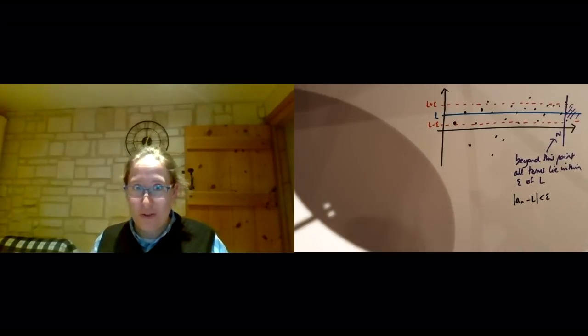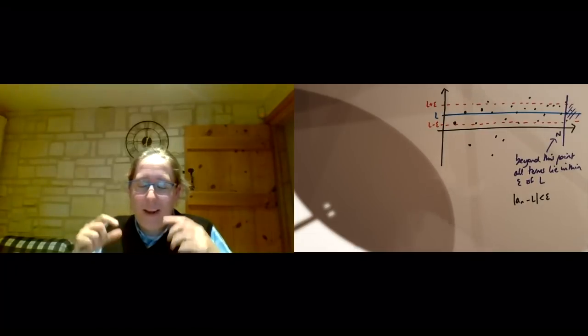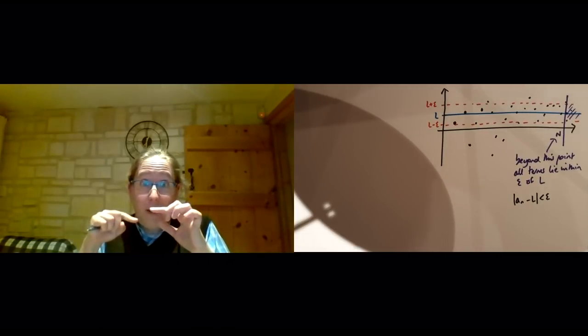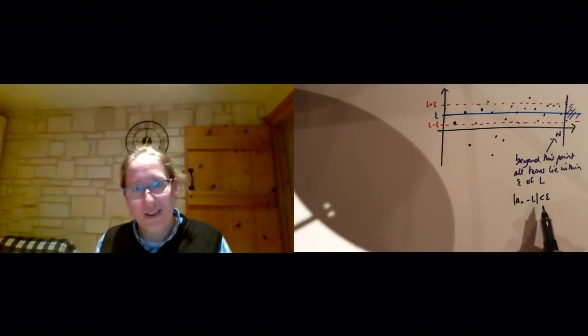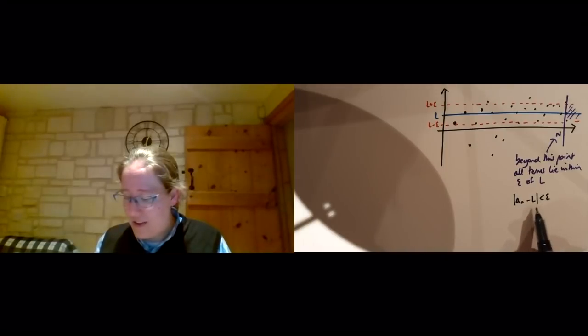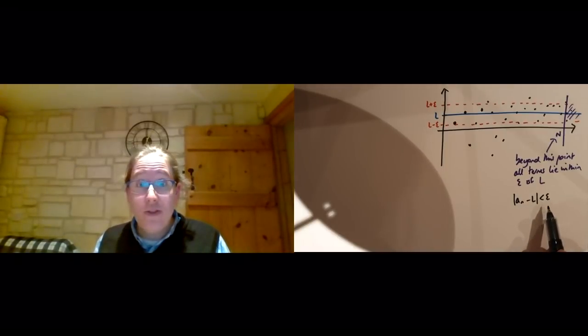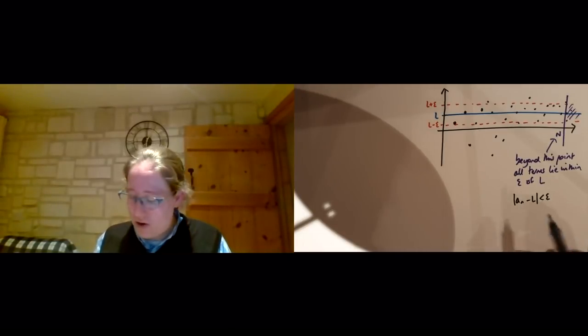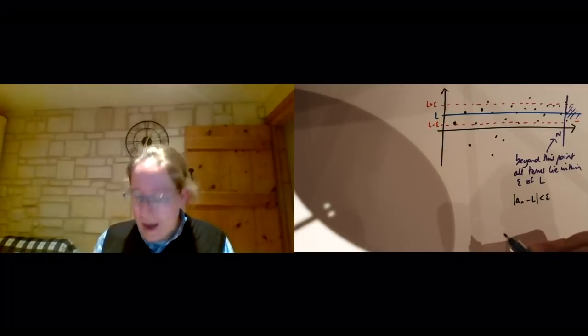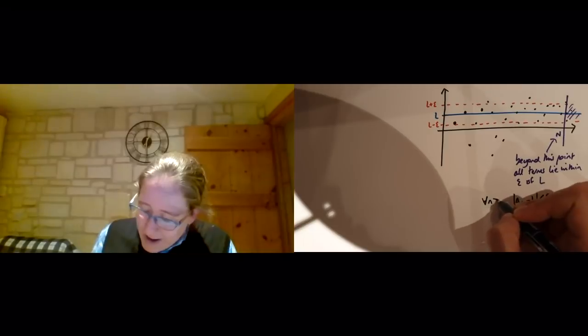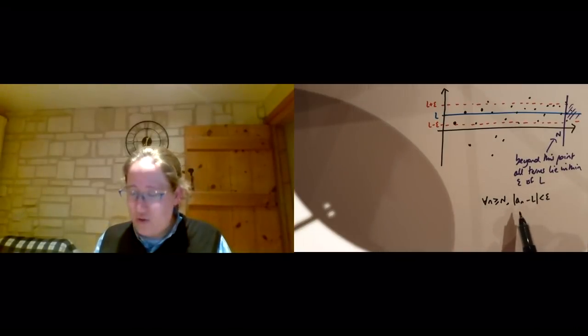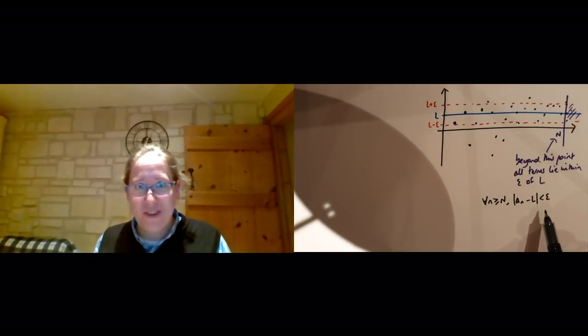If you need to just pause to unpick what that's saying, what it's saying is that a_n is between L minus epsilon and L plus epsilon, but it's much more convenient in this form using the modulus sign. So the absolute value of a_n minus L is less than epsilon. And we want to know that as long as we're far enough along, that will be true. So we want to know that there's some capital N such that for all little n greater than or equal to N, it's true that the absolute value of a_n minus L is strictly less than epsilon.